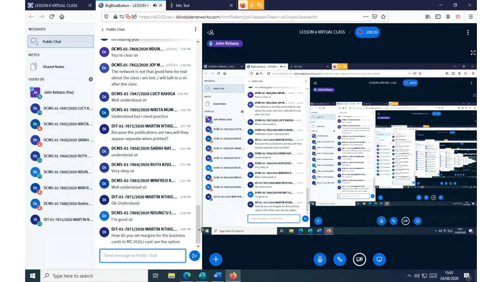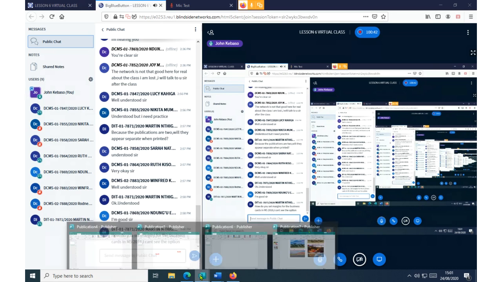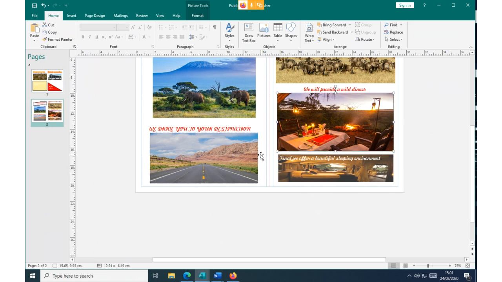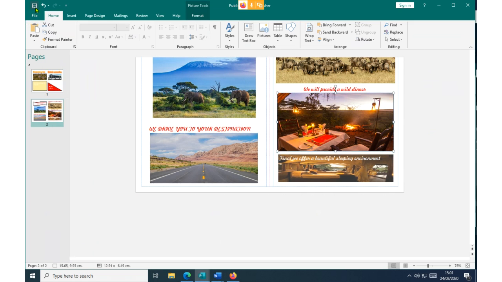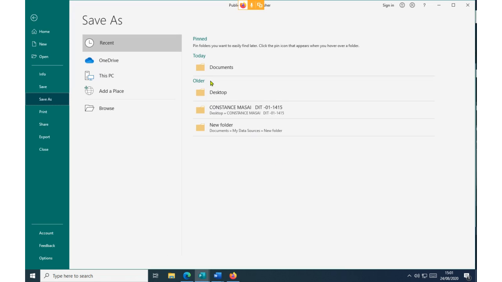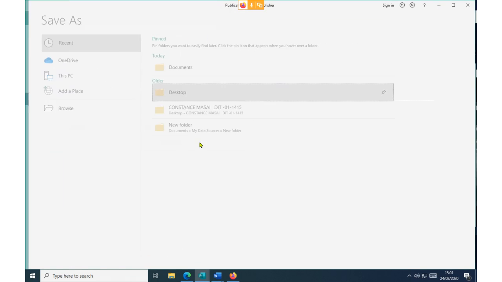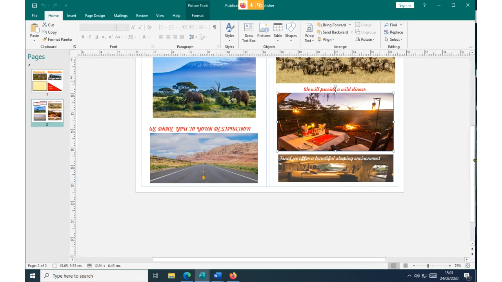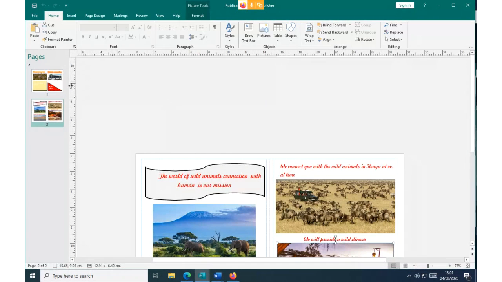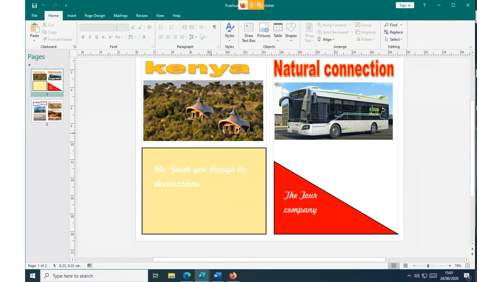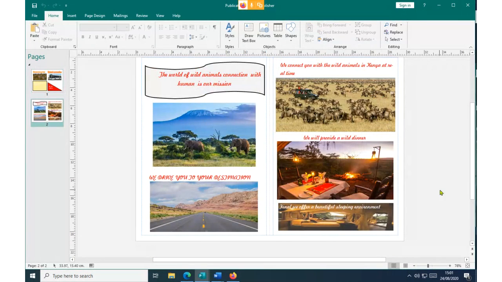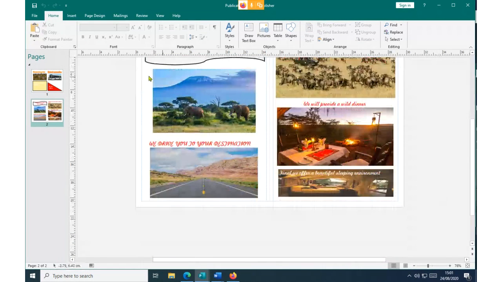Okay, let me start with Rodney. To divide the page into 2, let me first save this one because I think I had not saved it. I want to save it now so that we can use it later. We just call it publication 7. We can be working on it later. So this is page 1, and this is the inner part of the page of that brochure. Let us look at